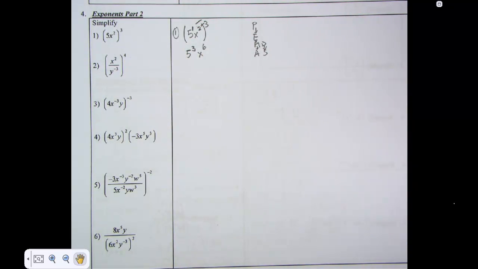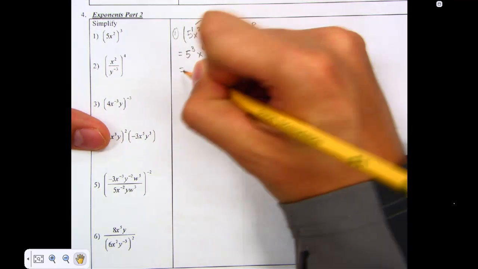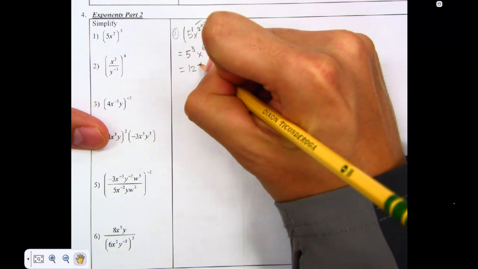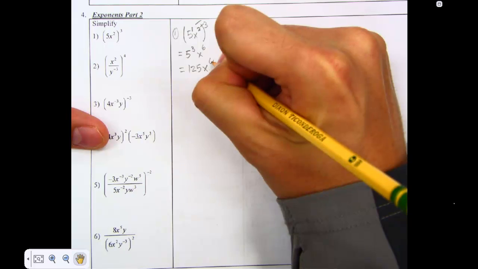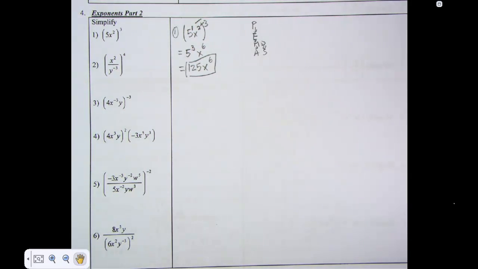Okay. Last thing here, 5 to the third power means 5 times 5 is 25 times 5, which is 125. X to the 6. And we're done with number 1. Number 2,